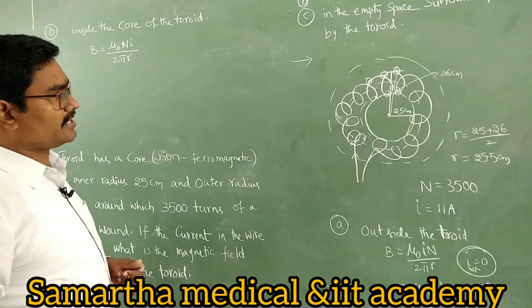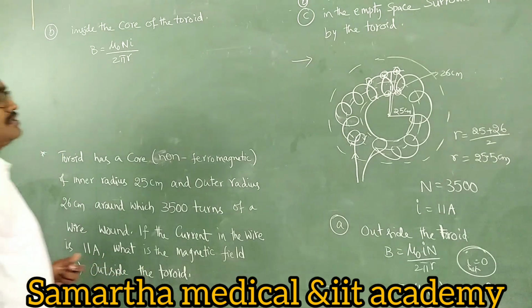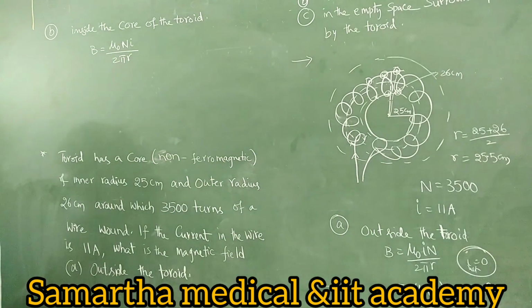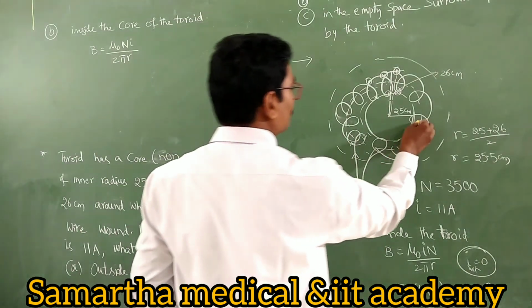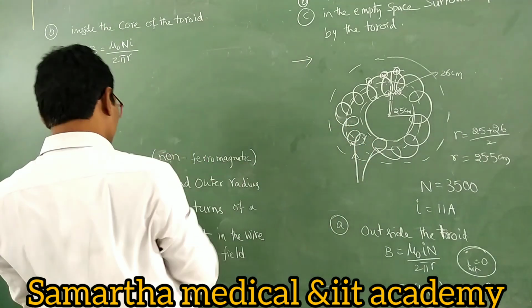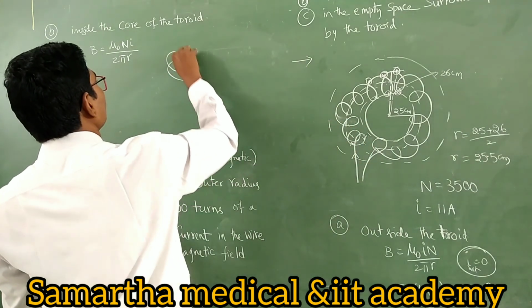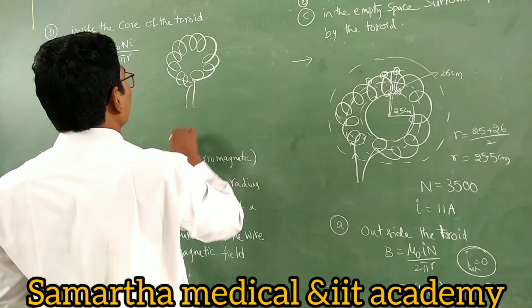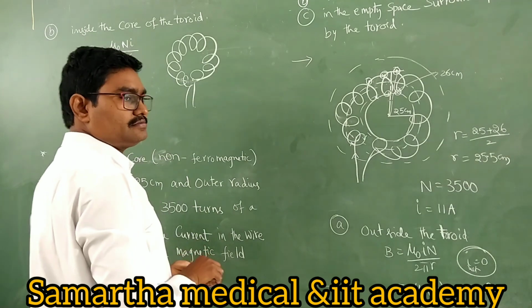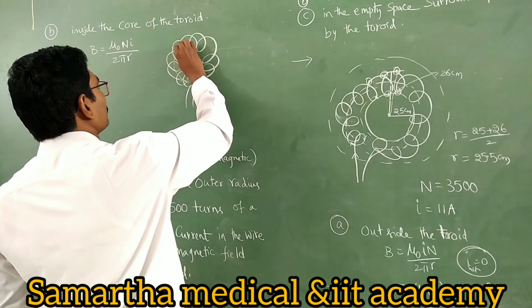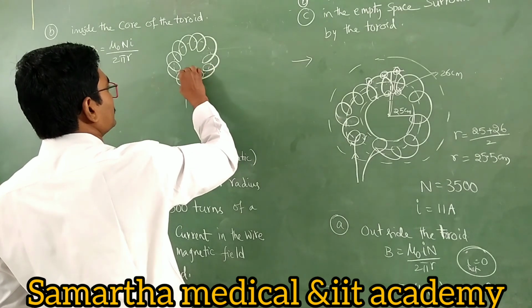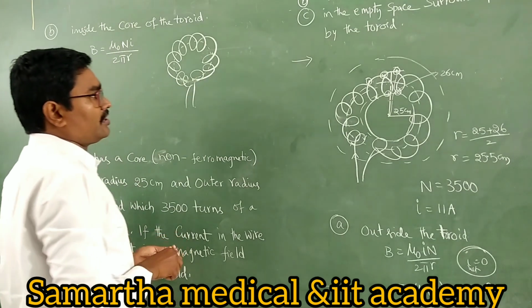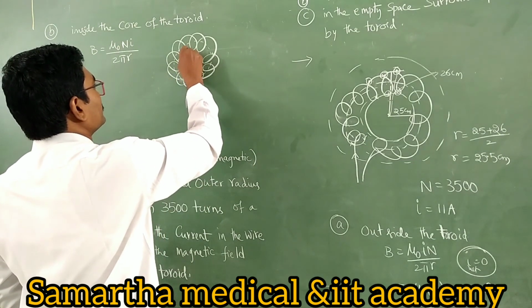So with inside, you are taking, what is the value? If you are taking up to here only, you see this. Suppose, see here, if this is a toroid, so from this axis if I take, this is the Amperian loop. Below that Amperian loop you are finding only one direction of current, like this.